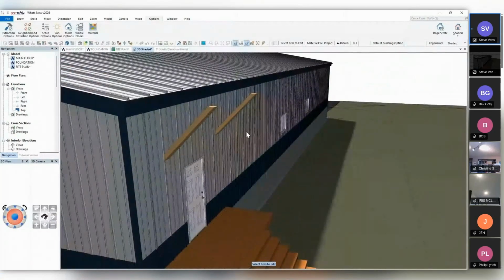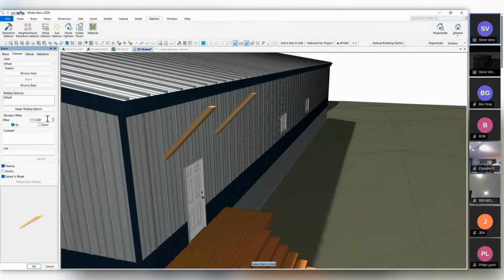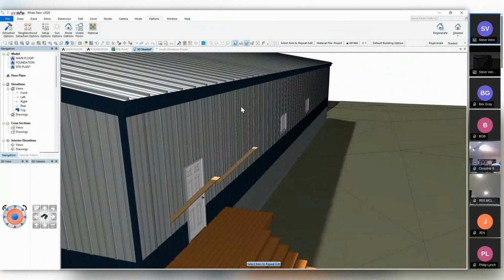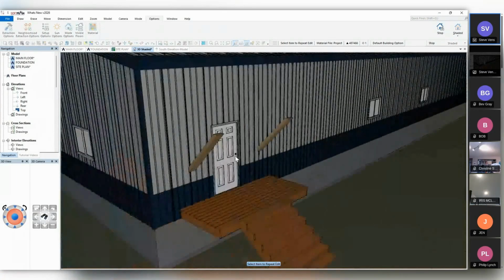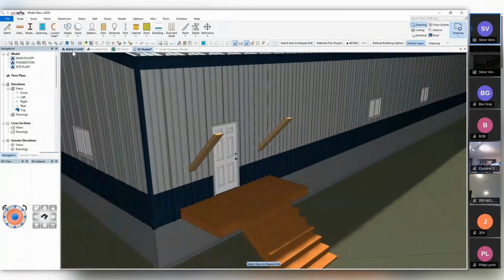If you're not familiar with them, these just add an angled brace that we can then support things with. They're a little bit tall. They're actually flush with the top of the 13-foot wall that I've put there. I want these to be a little lower, so I'll say 8 feet, and I'll remove their cleanup so they remain at the 8-foot offset, and repeat edit the next one. So that's not new. We've always had the brace, but what is new to 2026 is if I come back